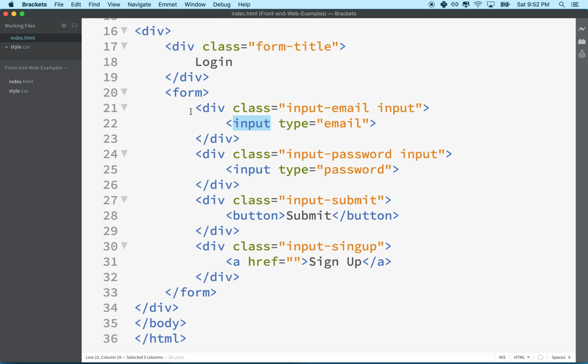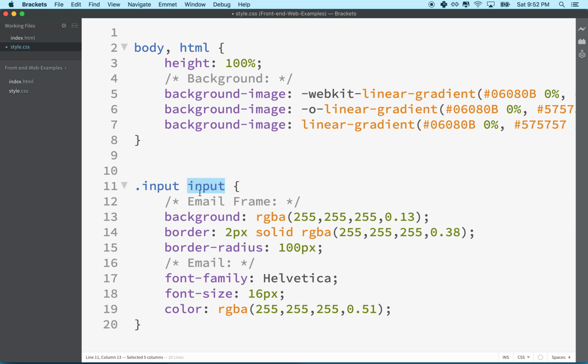In our case, the class name input is on the element that is the parent of the input that is the tag, right? So if I want to target this input inside of the class name input, the same way I'm doing here,